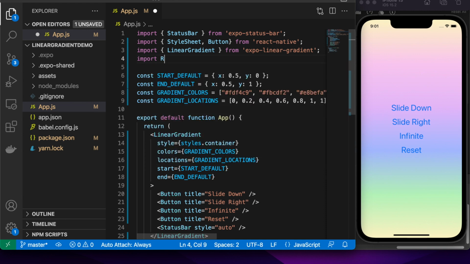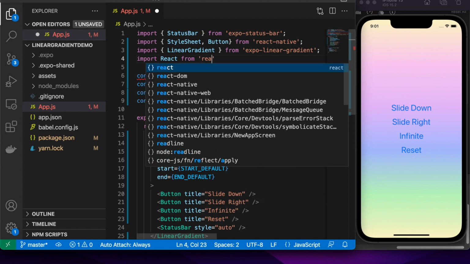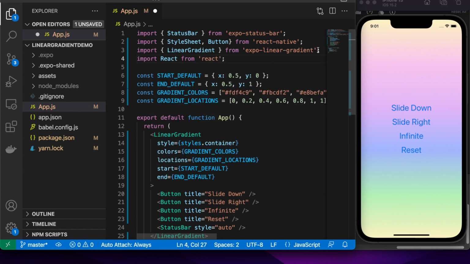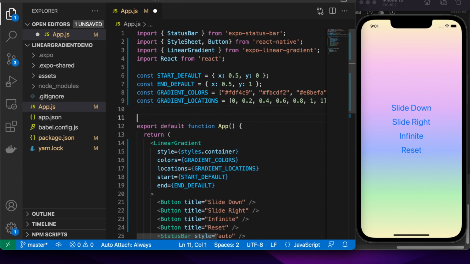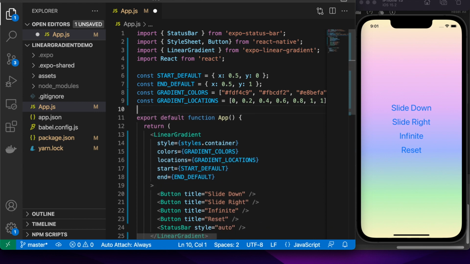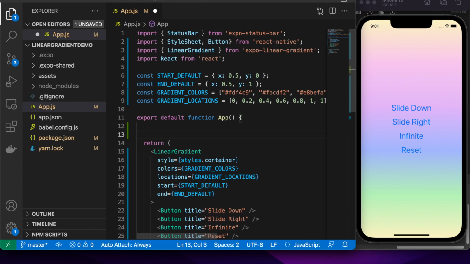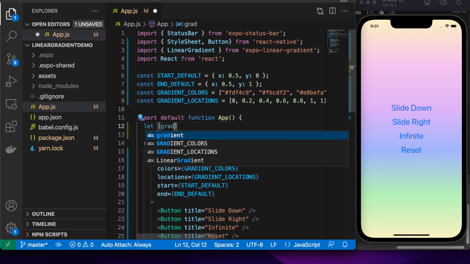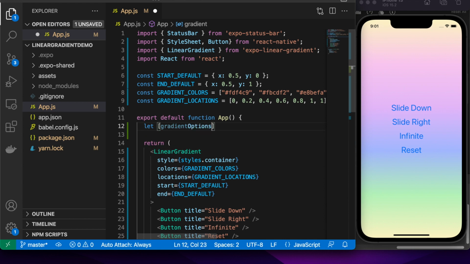So first up, I'm wanting to import React, and that's because I'm going to be using React State to trigger the UI updates. And so what I'm going to want to do is pull out my colors, location, start and end into a state variable so that the linear gradient gets updated.